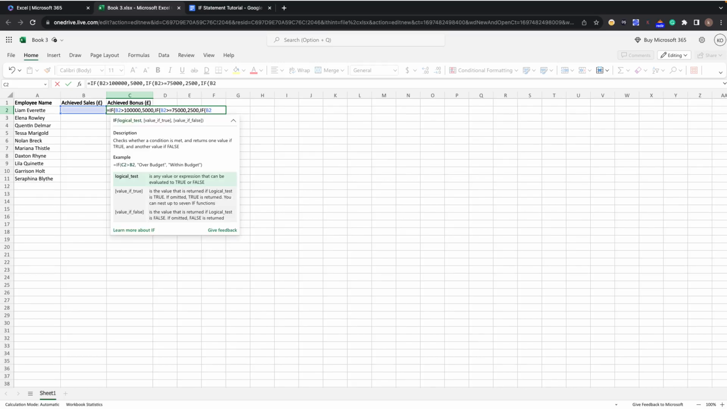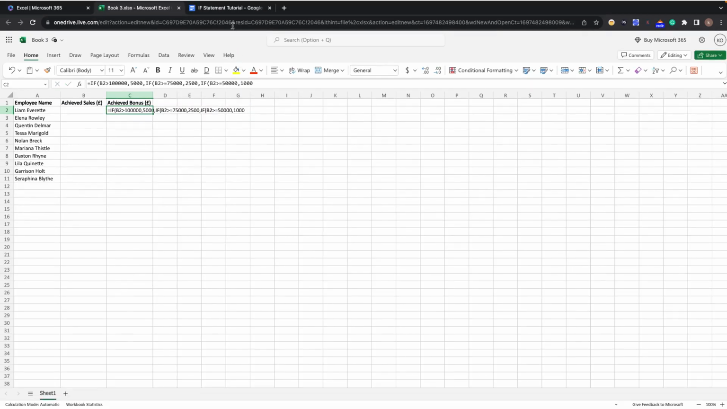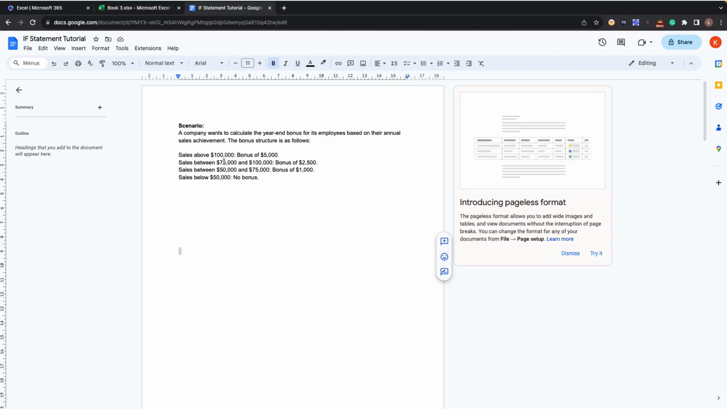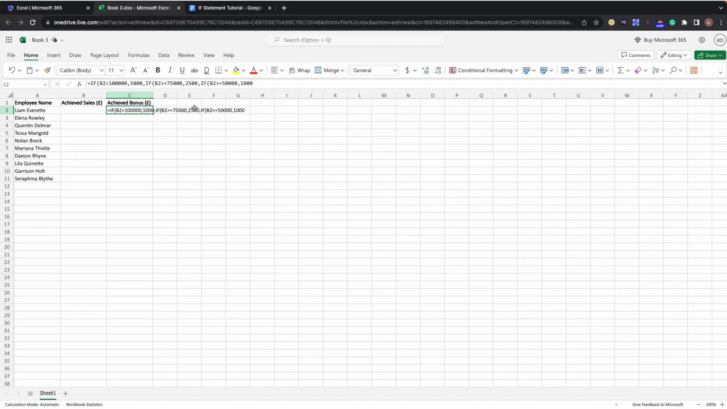So here we want to make sure that we include what cell we're referring to. So B2, and make sure it's greater than and equals 50,000, make it 1,000. And so, yeah, we've defined the first three, and then we just want to make sure that what we want to do here is